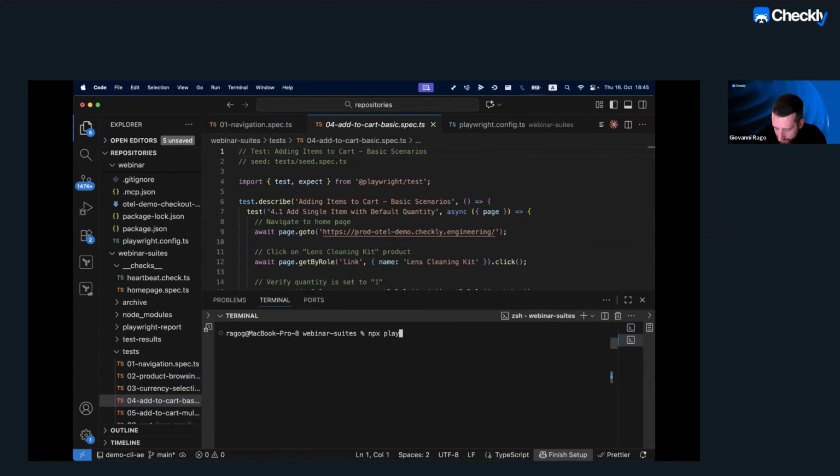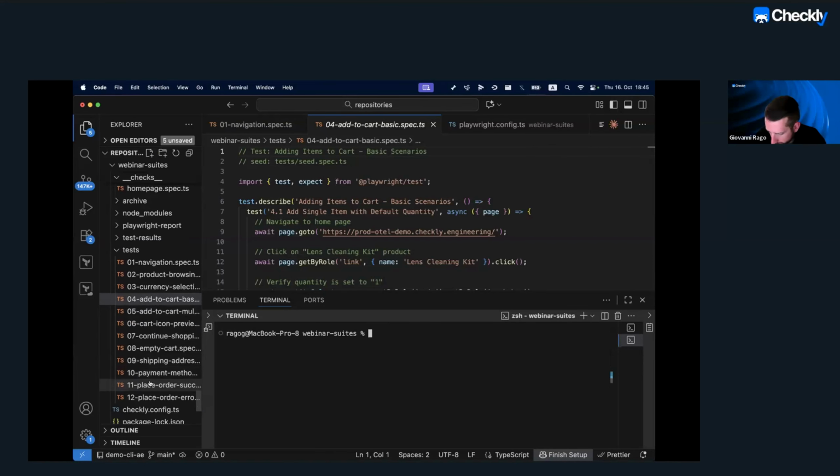There's some that I've left failing also to provide a good example. But what I have done, and then I'm going to show you something that does not involve AI, by the way, that you can use to also generate tests quicker with Playwright, which you can turn into monitors with Checkly. What I've done here is pretty much just selected a subset of suites here, and then with an npx